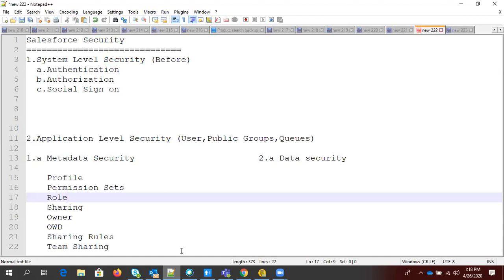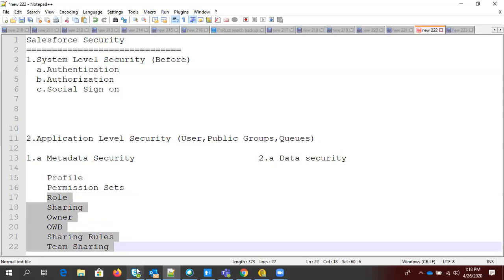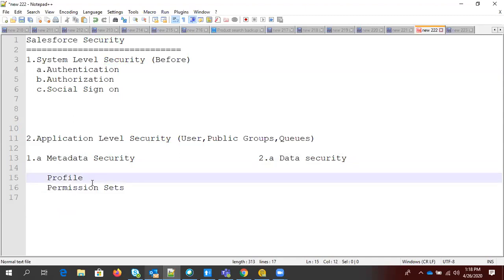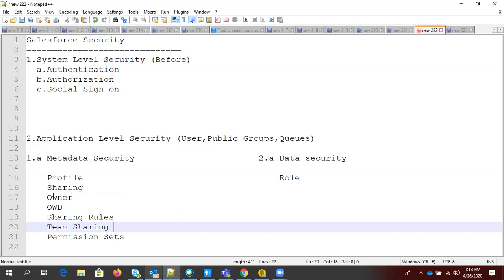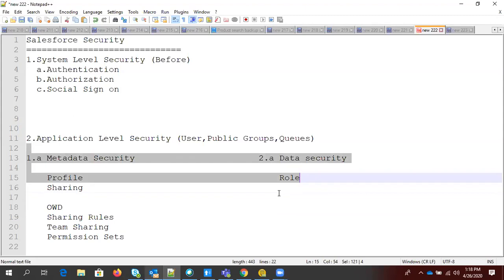So just remember that. For metadata security, we have only two things called profile and permission set. And for data security, I am moving all these entities here.